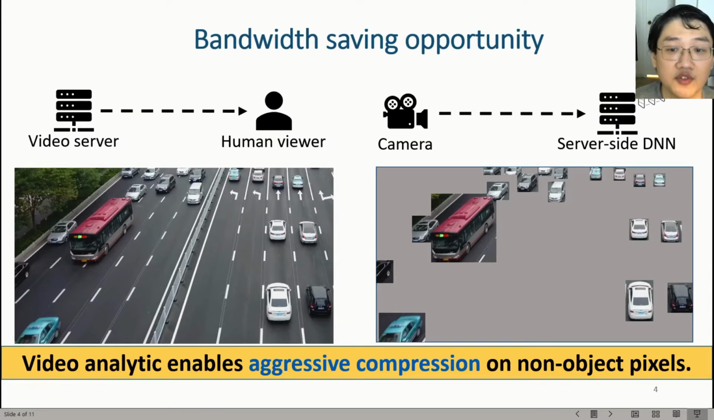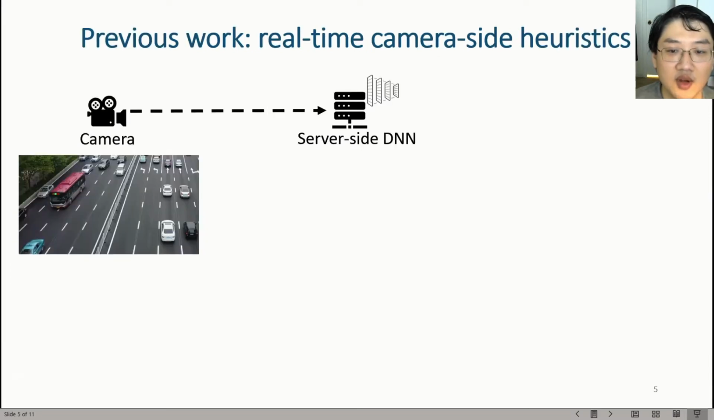However, we are not the first one who see this bandwidth saving opportunity. So now, let's see how previous works explore this opportunity. One common approach is real-time camera-side heuristics. These approaches use real-time camera-side heuristics as a filter to drop pixels that are possibly irrelevant to the final analytic